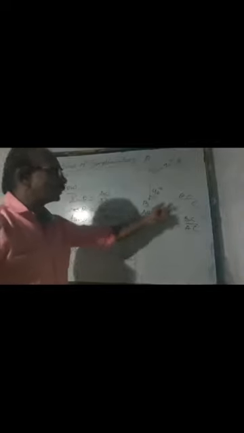Sine of 90 degree minus theta. What is that? Sine 90 degree minus theta is equal to what? BC upon, this is a perpendicular, I am sorry, yes, BC upon hypotenuse, which is AC. Sine 90 degree minus theta is equal to BC upon AC. And what is BC upon AC? That is cos theta. So what did you get? That sine 90 degree minus theta is equal to cos theta.